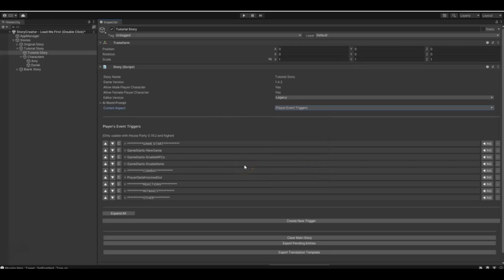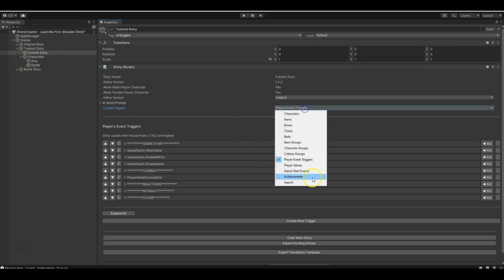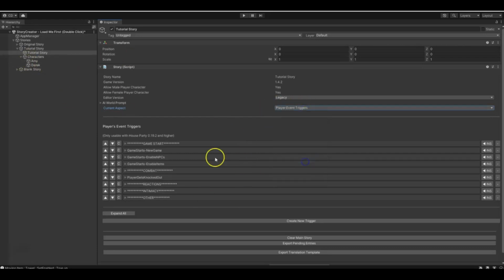So the event triggers are the backbone of the entire custom story creator, and this is where a lot of your content is going to be made. Event triggers are essentially a group of events that you set up to fire under a certain condition when a certain criteria is met. And there are event triggers available for all characters, so the player event triggers are here,